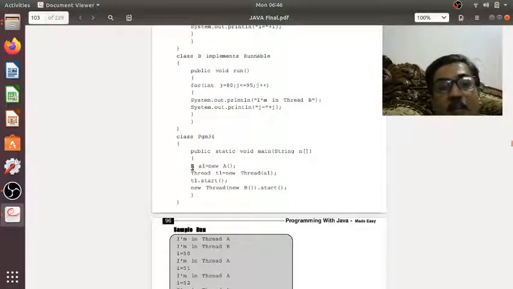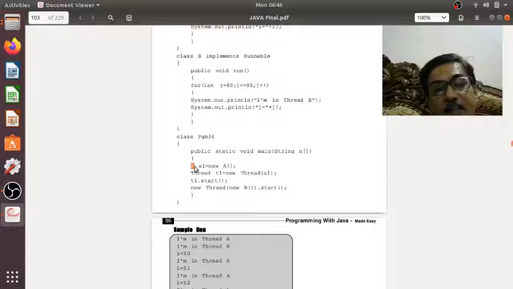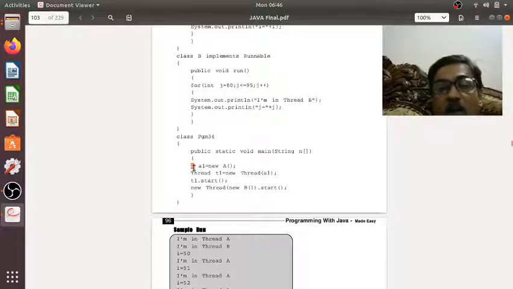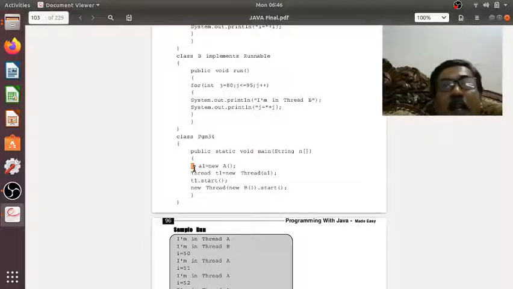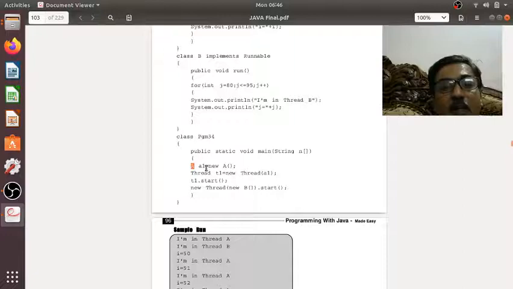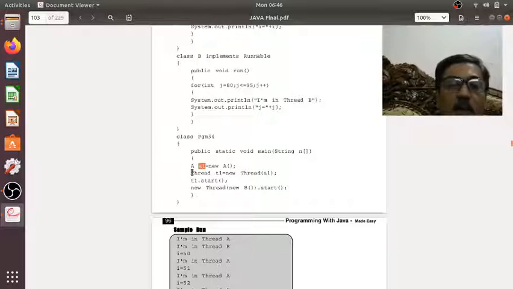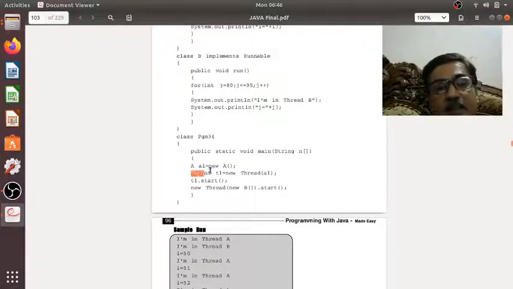However, the class A found here is not a derived class of the Thread class, but I am supposed to invoke the start method at any cost. So I cannot directly invoke the start method using this object A1. What is the way out here? First I am required to create an object for the Thread class.